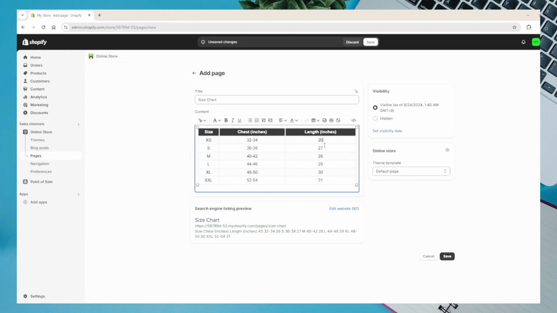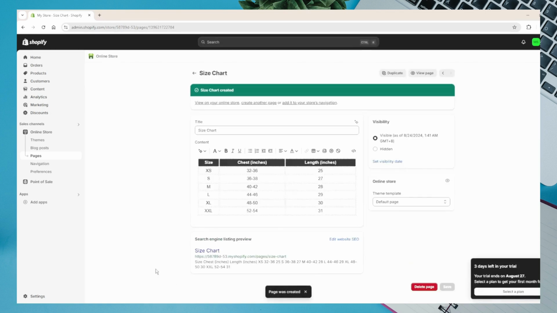So for example, your product is 25 inches and 32 to 36. You can just adjust that. And once you're done and content with that, you can just click on Save. Now you have a size